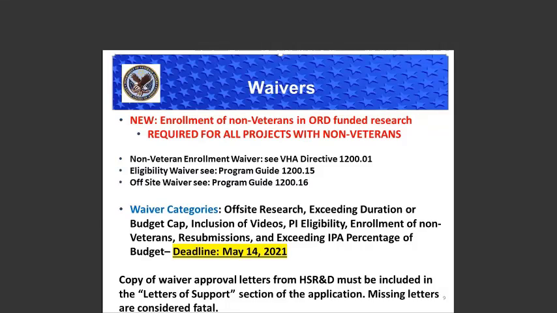For example, if an investigator is enrolling VA employees, some of whom may be providers, this waiver requirement would apply to them as well. Even though they're affiliated with VA as a targeted group, they may have a few of them who are themselves veterans, but if the majority of the people in the targeted group are non-veterans, then this waiver will be required.